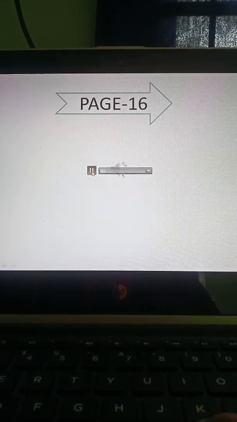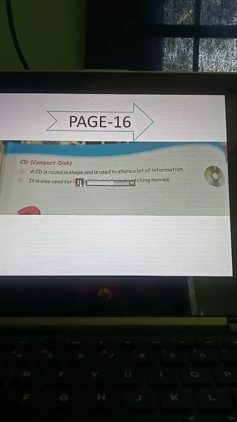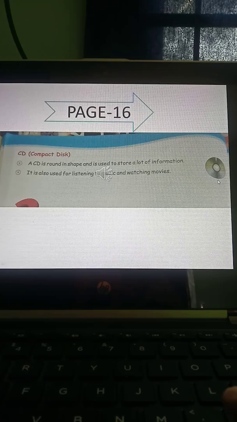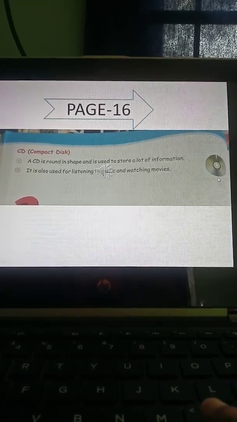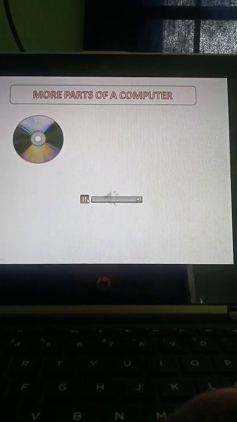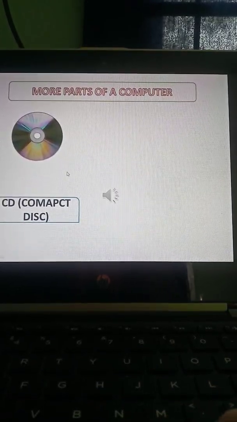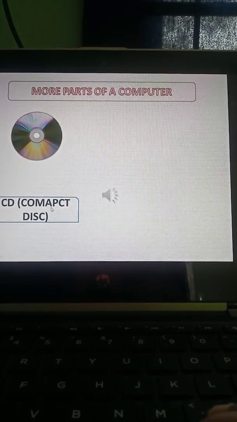Come to page number 16. On page number 16, we will learn about the part of the computer that is the CD. What is this? This is a CD. I think you all have seen this, no? In a CD, we store a lot of information.